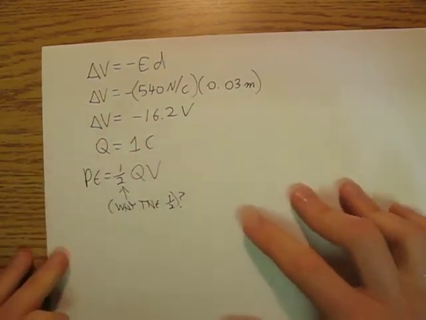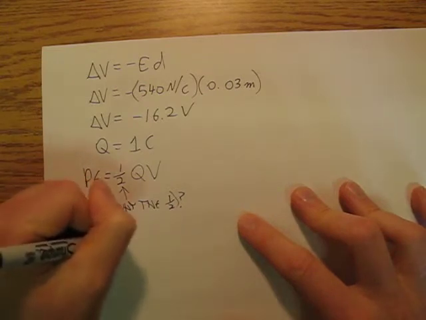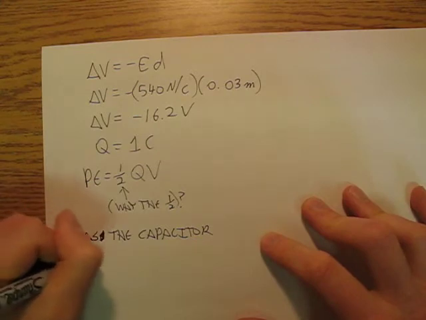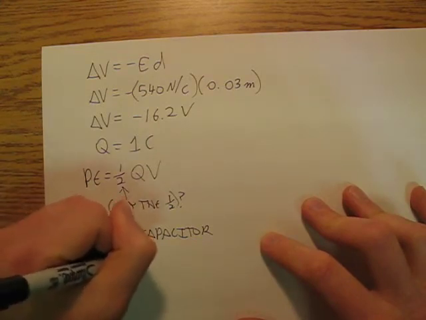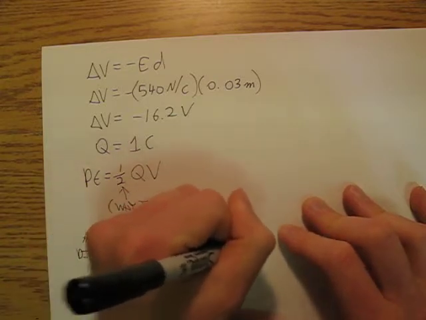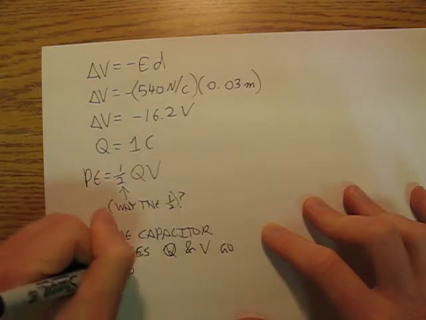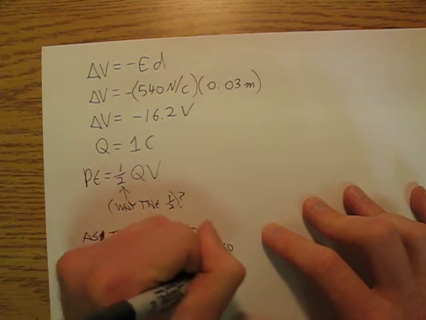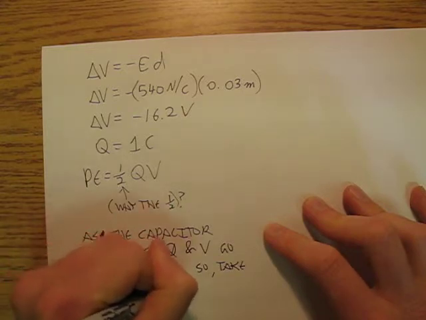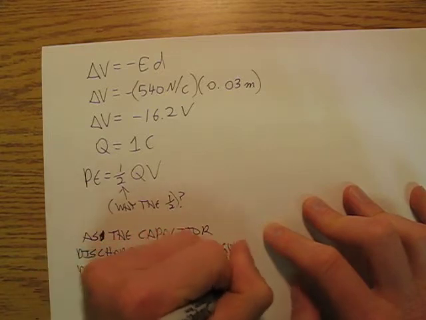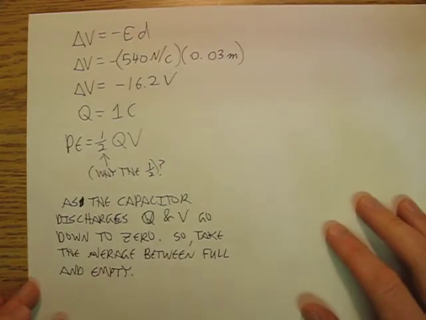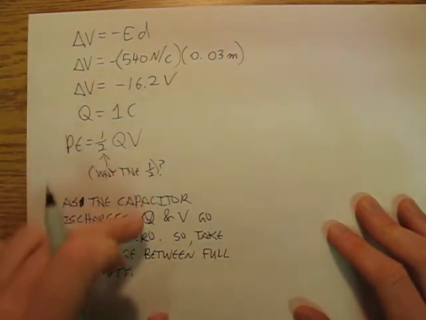The reason is that as the capacitor discharges, the Q that's on the capacitor is going to meet up